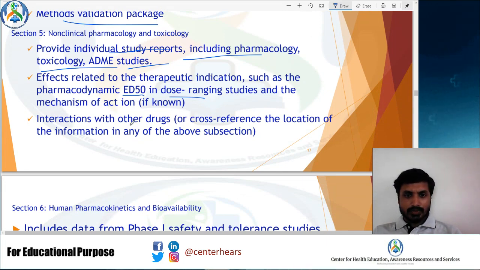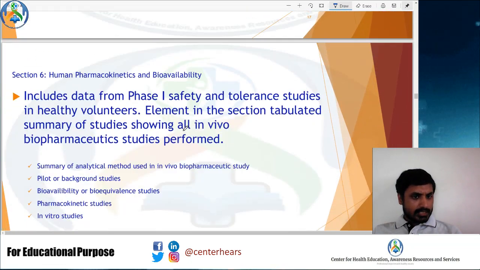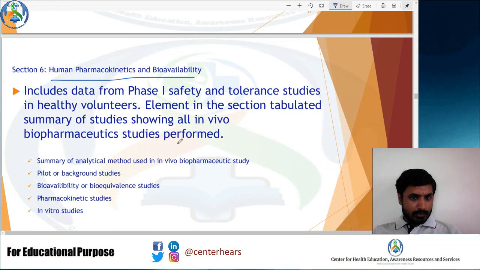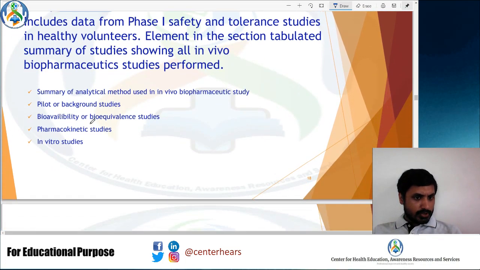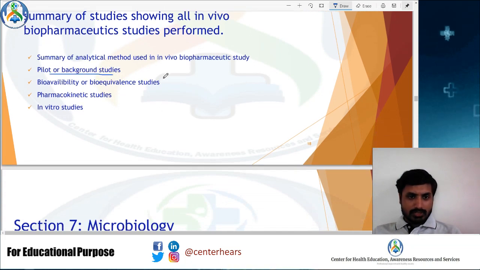Part of that, interaction with other drugs also will be mentioned in section 5 only. Section 6 will have human pharmacokinetics and bioavailability. Here all the kinetic parameters should be told. All the pharmacokinetic studies that have been done, whatever has been done, that report should be given properly, with the pilot and background studies also provided